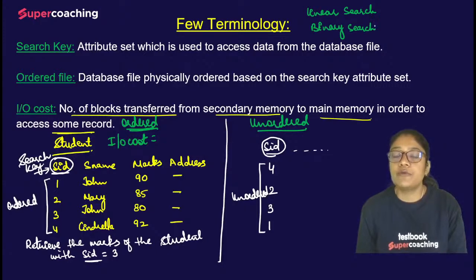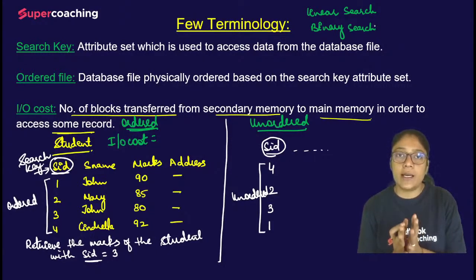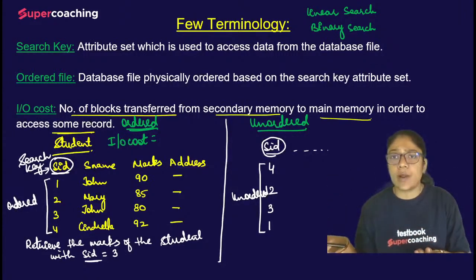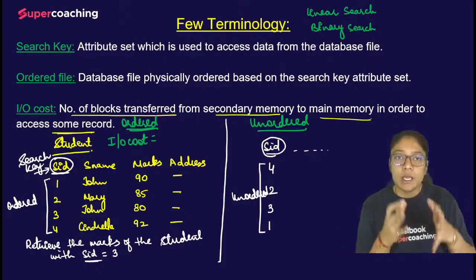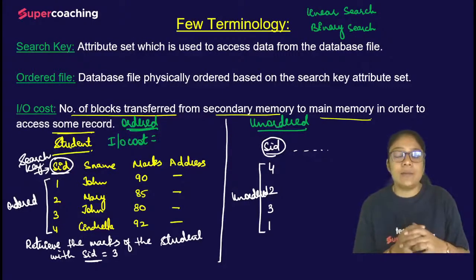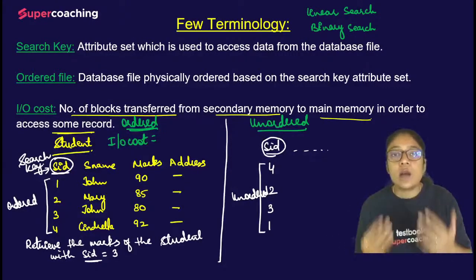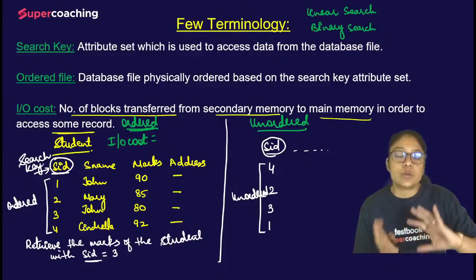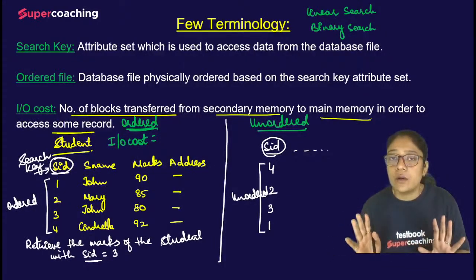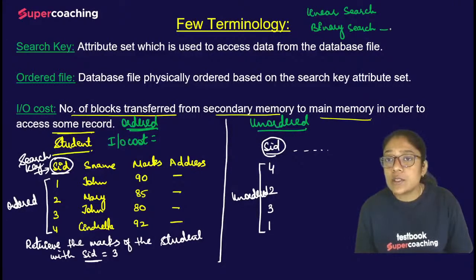Binary search means we'll find the middle element. If the required element is smaller, we'll go to the left side. If the required element is greater, we'll go to the right side. So this way we can discard half of the elements in each step. If elements are not sorted, we cannot decide whether we have to access the elements available in the first half or the second half, right? So binary search is applicable on a sorted file,